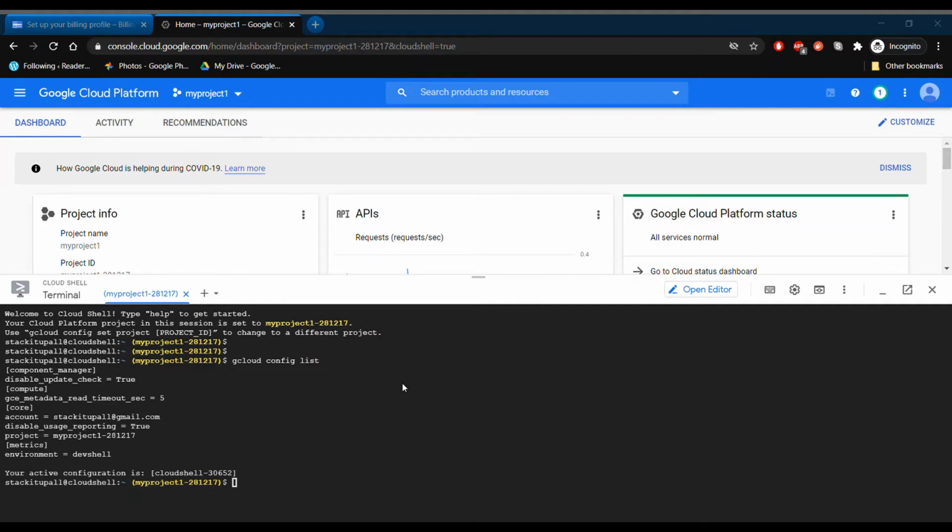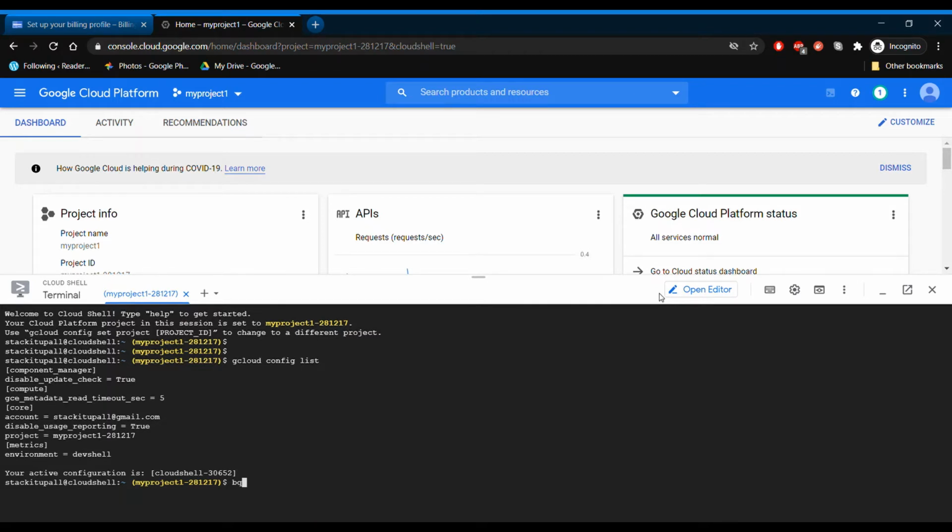So next up, we'll use this tool bq. This lets us run various commands through which we can access the data we have kept in the BigQuery tables. So just to give you a basic idea, BigQuery is, as I told, a data warehouse, and in that we have data sets, and inside the data sets we can create different tables.